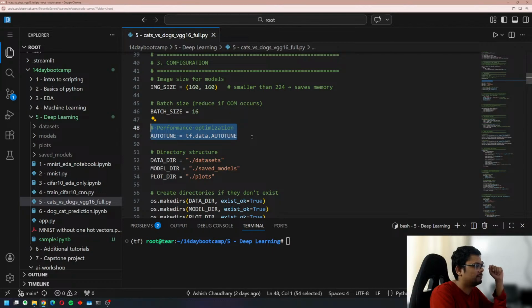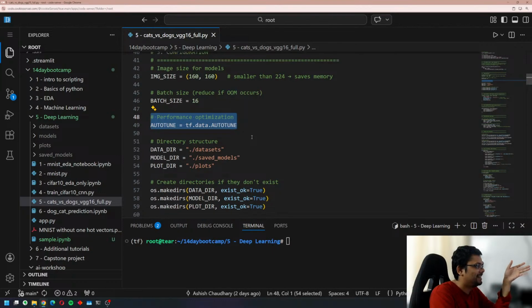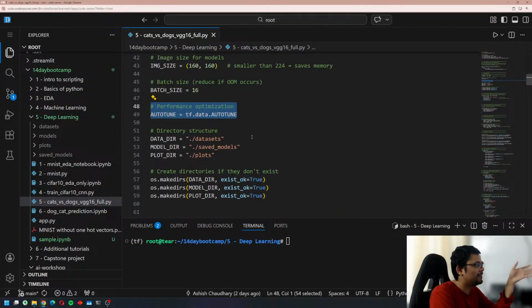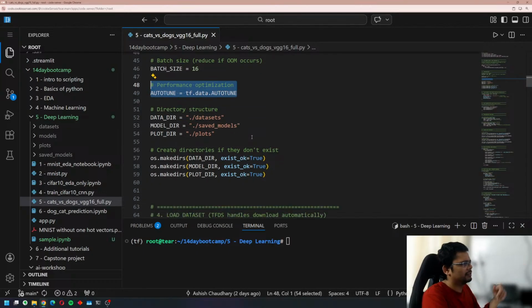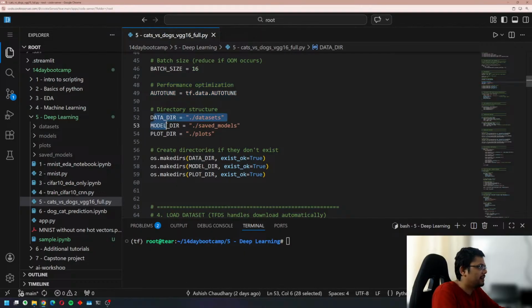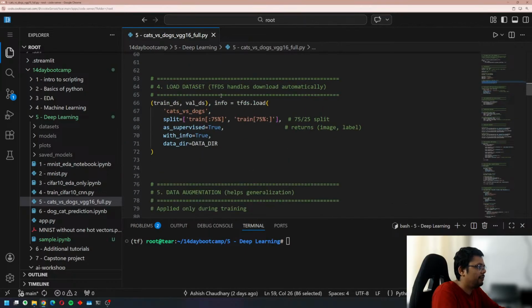Autotune is used with tf.data, with TensorFlow datasets, to increase some optimization. I don't know how it works, nor do you need to know how it works. Then I'm creating the data directory, model directory, and plot directory, as you can see. Then I'm loading the dataset